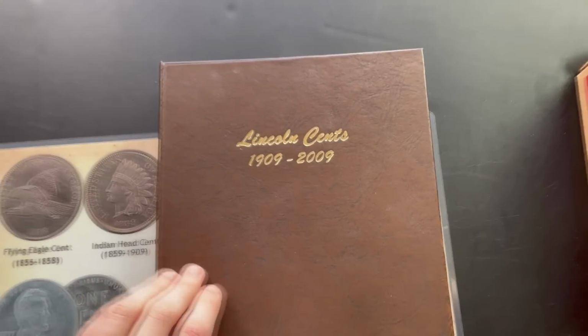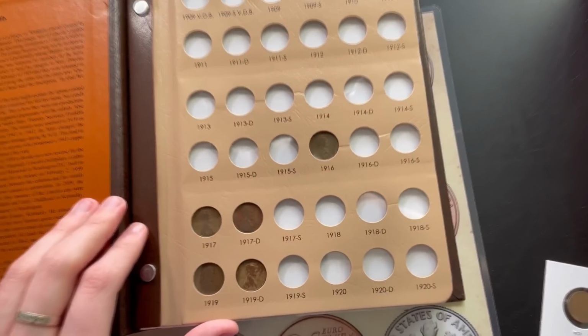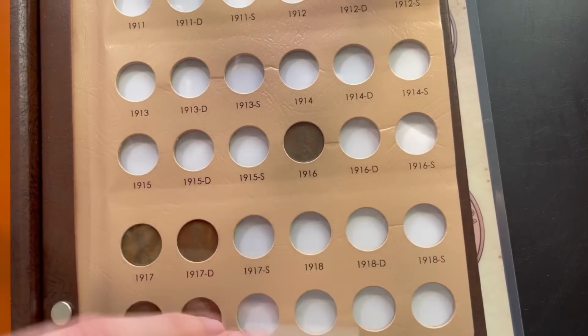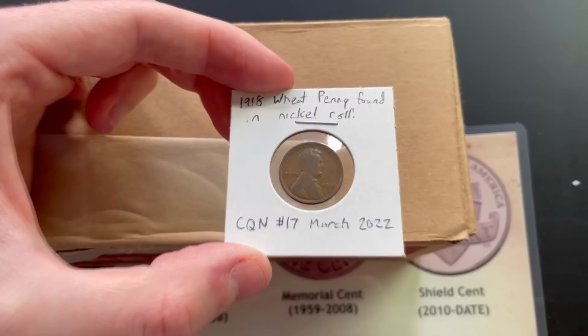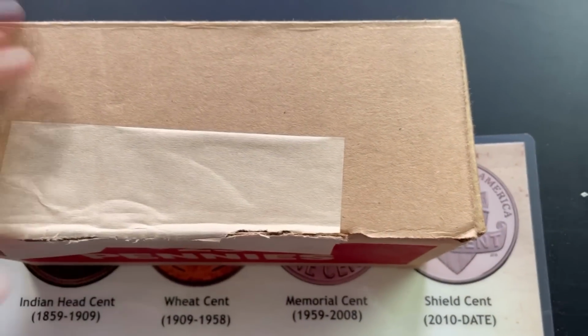You heard that right, guys. We have been through 23 boxes of pennies and we have barely touched this page, let alone that 1918. So my question to you, should this go into the collection or not? We found it in a nickel roll. I don't know, I kind of feel like it deserves a spot in the collection. So we could go ahead and put this 104-year-old wheat penny into the collection,